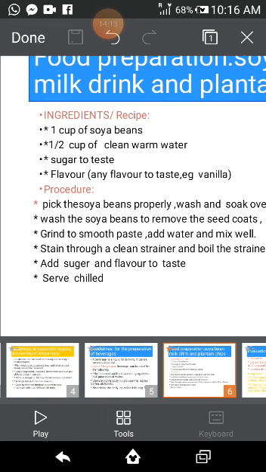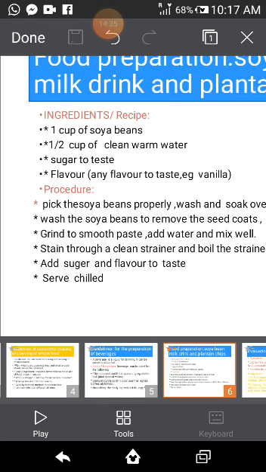Add water. Mix it very well. Strain it through a clean strainer. Drain it very well. Sieve it well, the way you sieve ogi. Then the water you get out of it, put it on the fire and allow it to boil for like 20 minutes